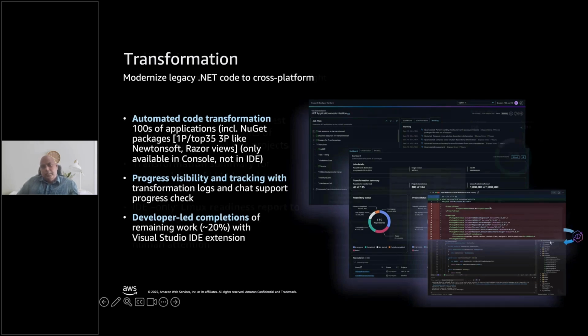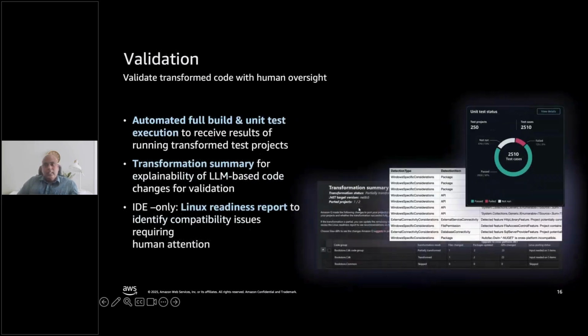One of the things that customers have asked when we are working with them is, you're using generative AI, great. How do we know that the quality of transformation that you're doing can be trusted? So one of the things that we have done was we were porting the unit test projects from .NET Framework to .NET 8, but now what we are doing in GA is we are executing those unit test projects as well. Because we are executing those unit test projects, customers will have a mechanism to compare before transformation versus after transformation and understand what the logic was changed, whether it is trustworthy based on that.